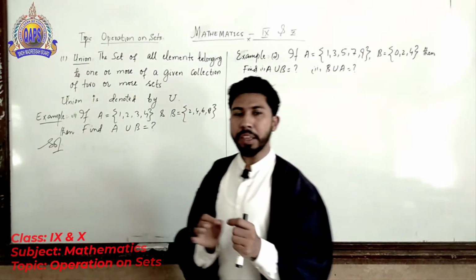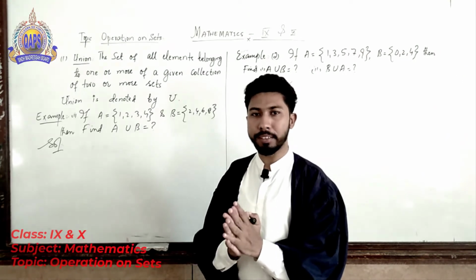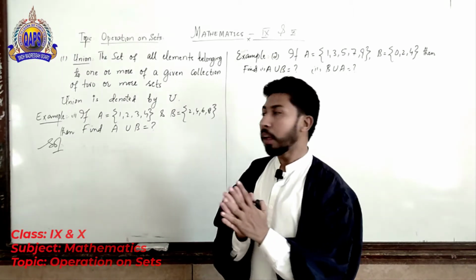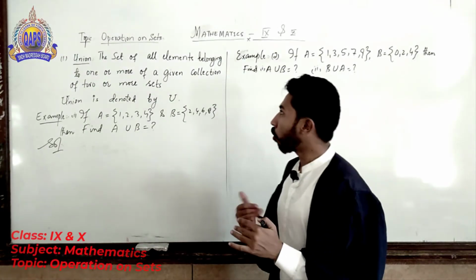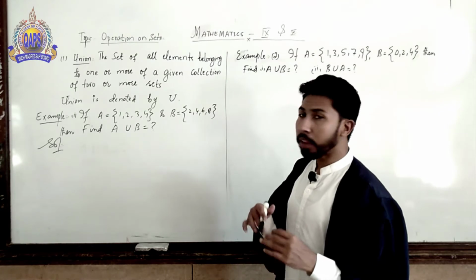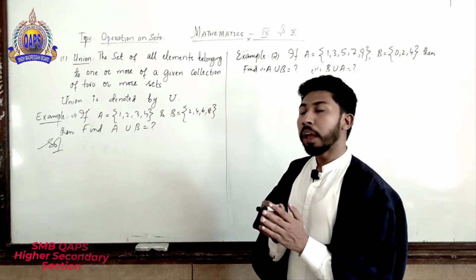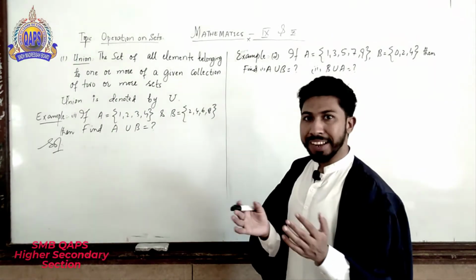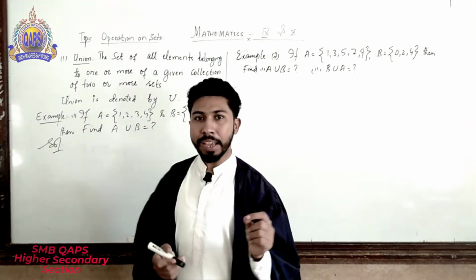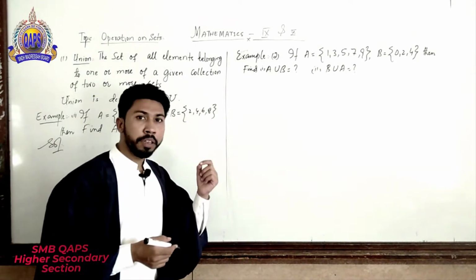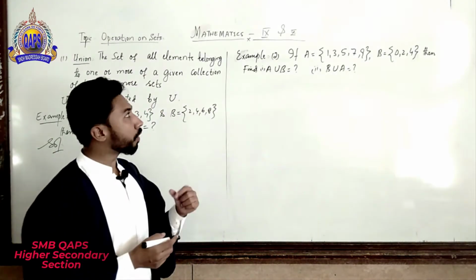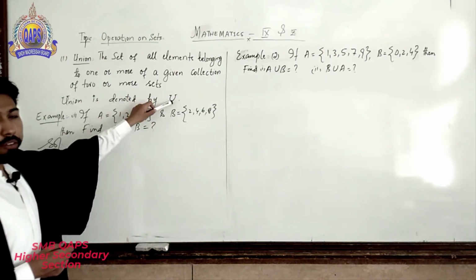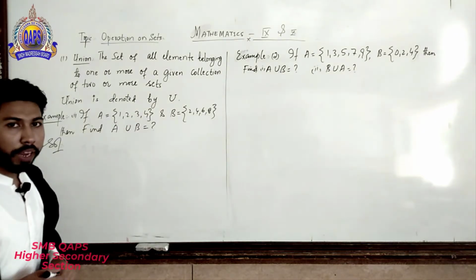Union is basically a term that denotes combination. Between the two sets, the combination is shown, and that is known as a union. Union is the combination of two sets in which the similar elements are not repeated but combined together to make a single unique set. So union is denoted by the symbol U between two sets.